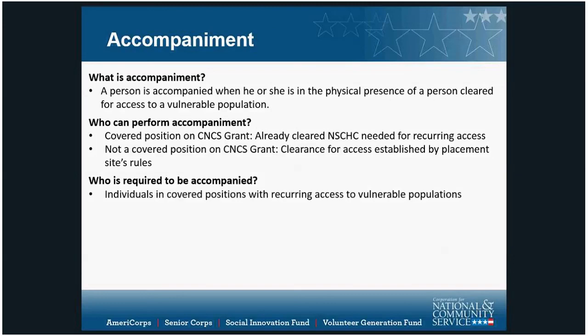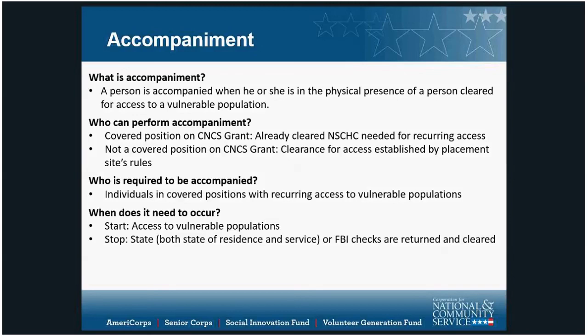Who is required to have accompaniment? Those people and covered individuals who have recurring access to vulnerable populations. When does it need to occur? It occurs the minute you have access to vulnerable population, and it stops when you have both state of service and residence, or your FBI, returned and cleared. How do you document it? Best practice is a